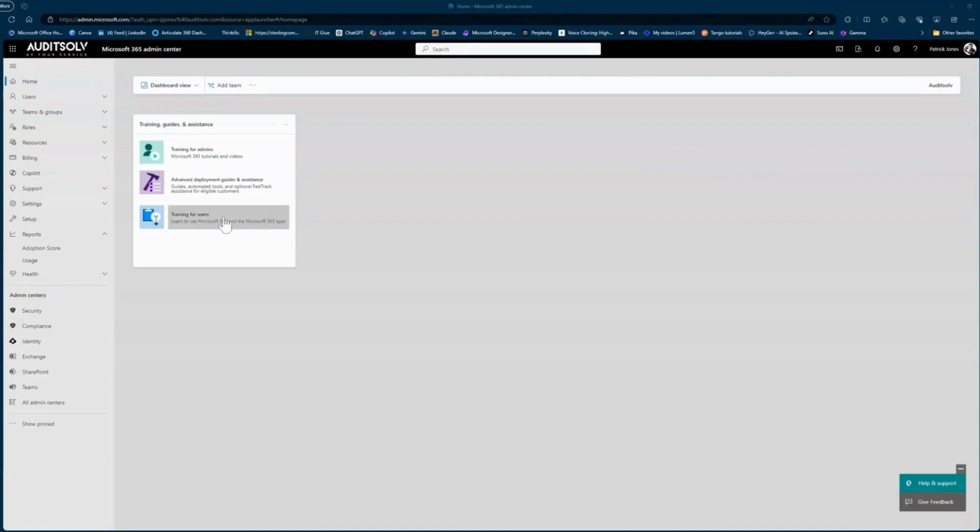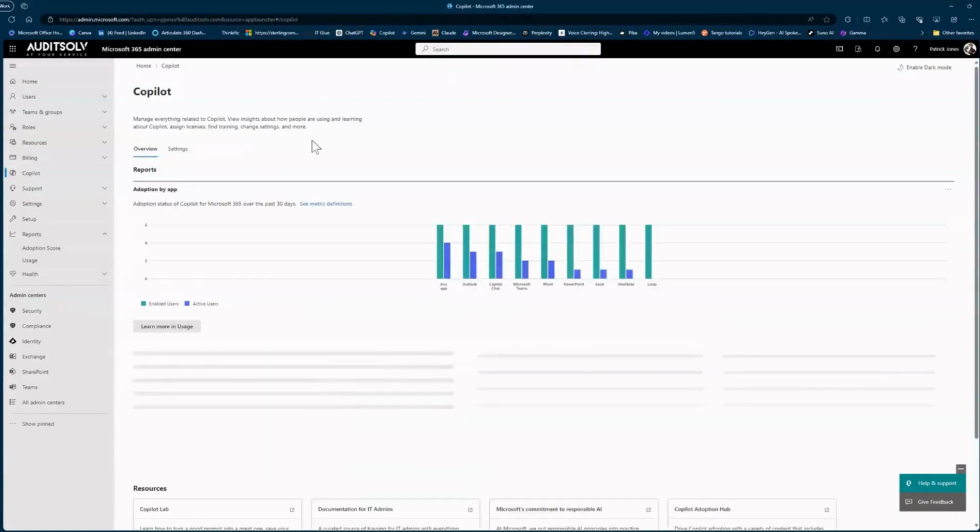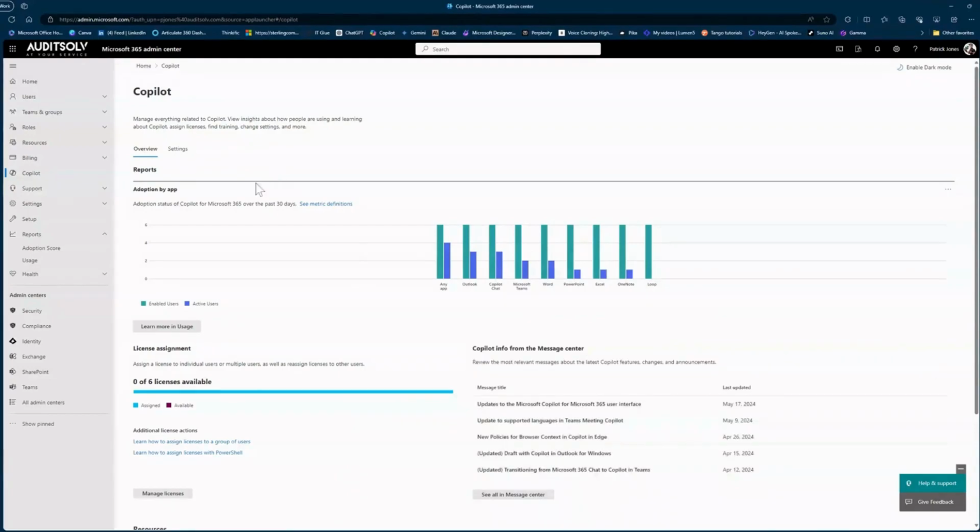So, first of all, inside of our 365 Admin Center, when you have Copilot for 365, you have a new Copilot Admin Center. Clicking on that, you get to see an overview. This is an adoption overview of the status of the past 30 days. You can see how many users you have along with how many have actively used that resource. So Outlook, 6 people are enabled, 3 people have actively used Copilot for 365 within Outlook, etc., for all the